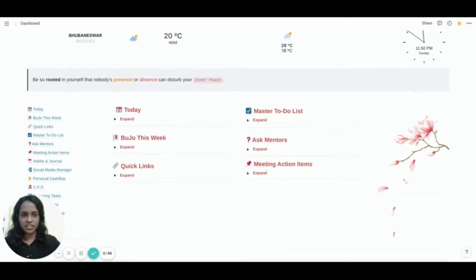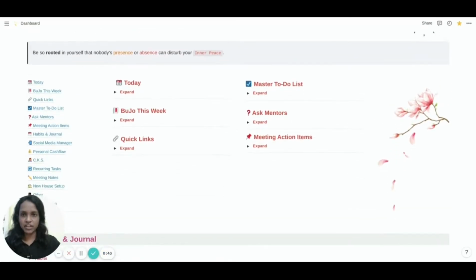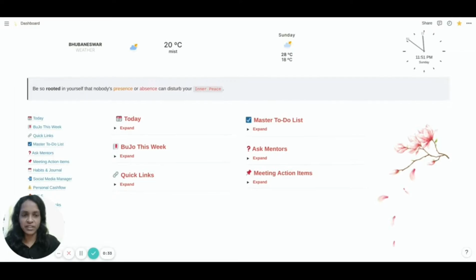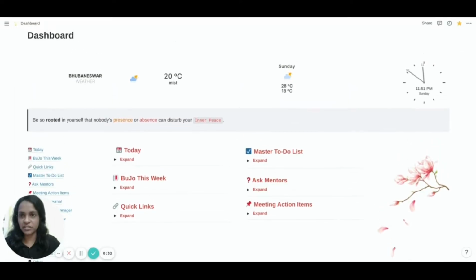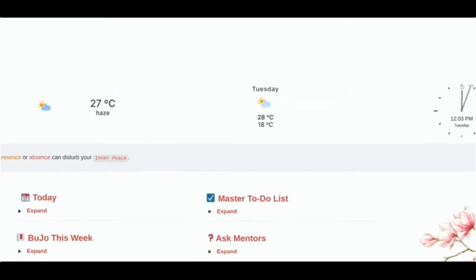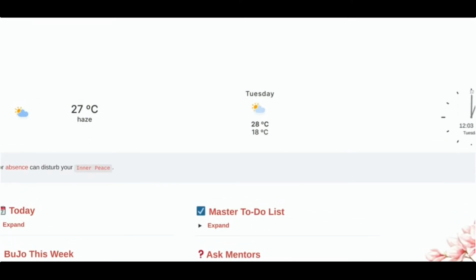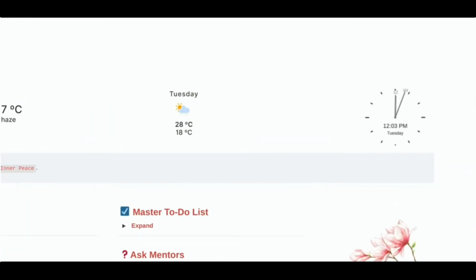Then to personalize the space, I like to use some nice quotes over here to feel motivated, and I can always update it to something that resonates with my current situation. And lastly, to make the whole thing aesthetically complete, I added some interesting widgets as you can see here, like a weather widget and an analog clock in this area.